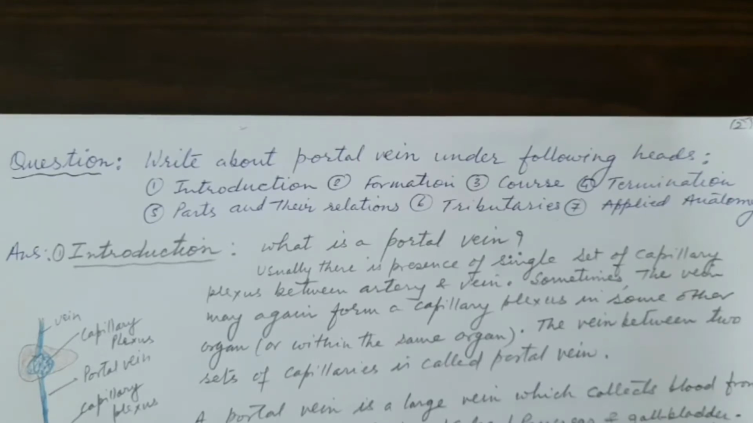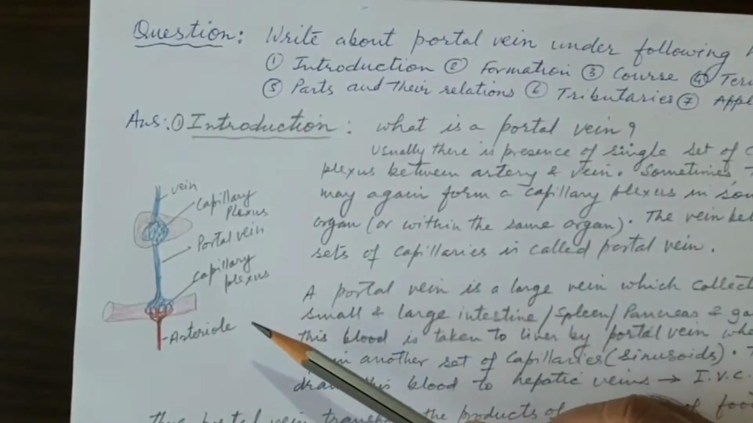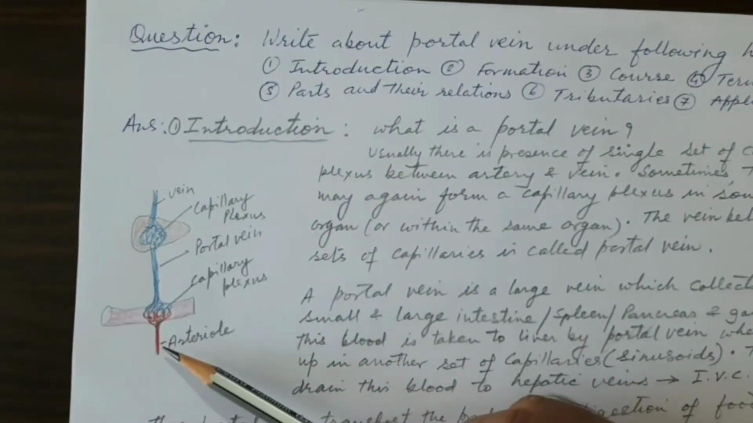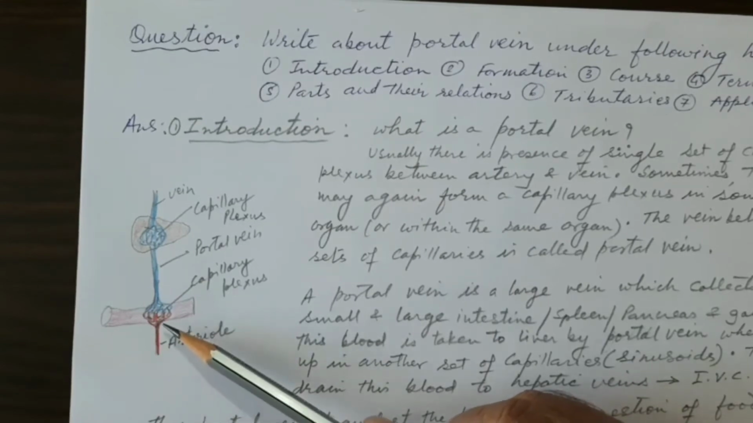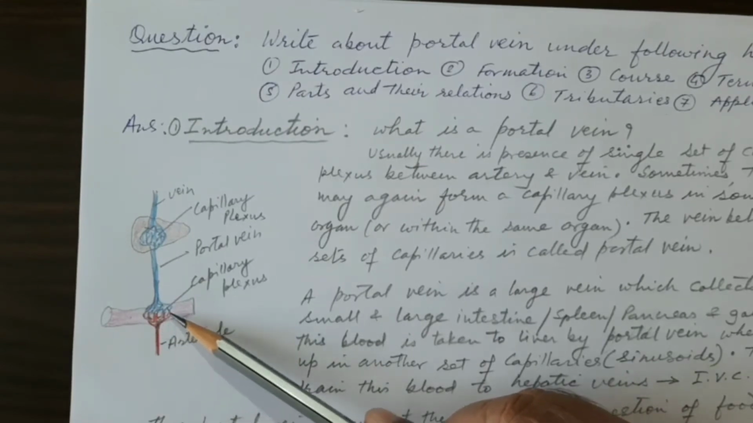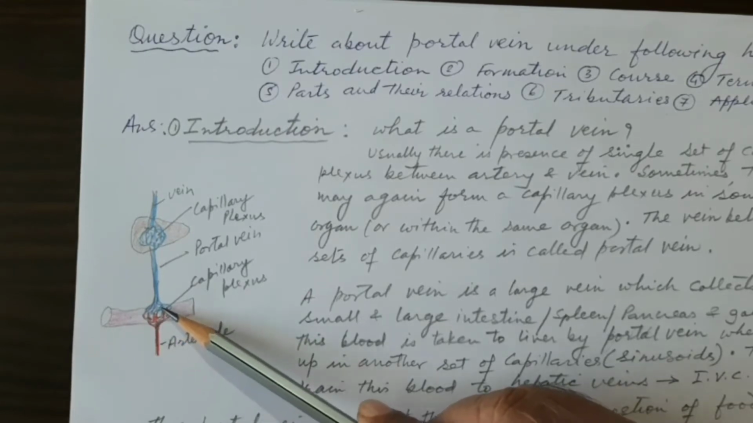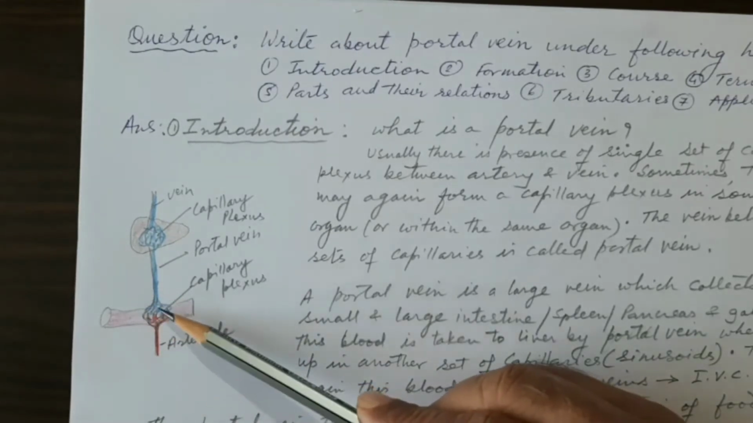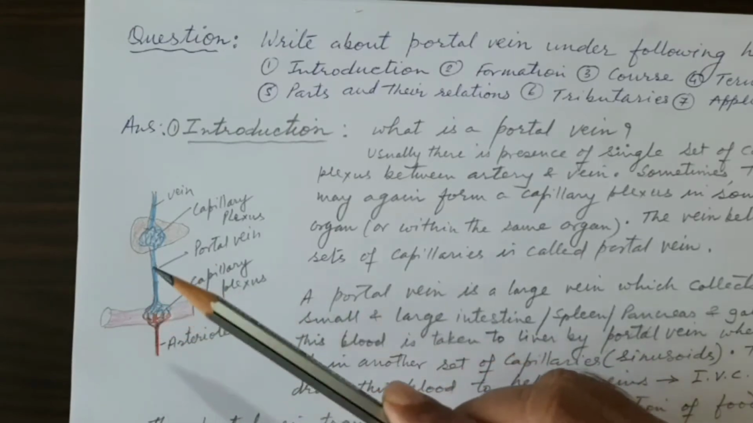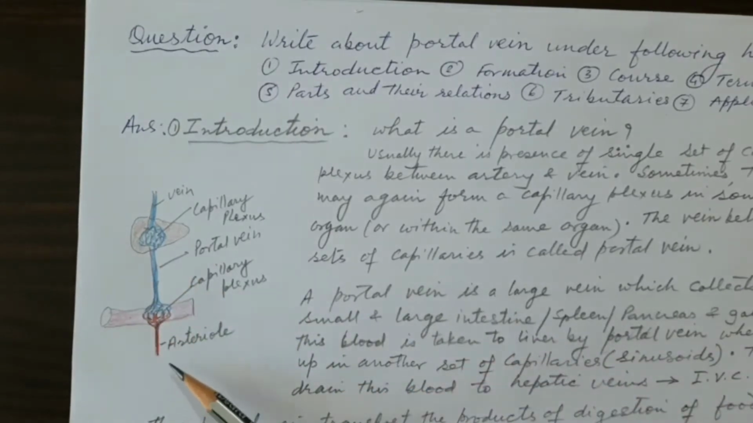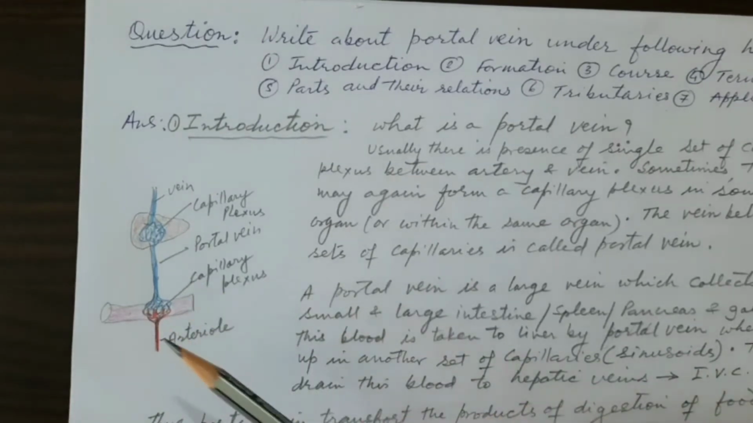Normally there is the presence of a single set of capillary plexus between artery and vein. When the artery repeatedly divides, it becomes an arteriole, and ultimately the terminal arterioles in an organ break up into a capillary plexus, which has an arterial end, and another end, the venous end, where the venules unite to form a vein. This is the usual course of the arteriovenous capillaries,